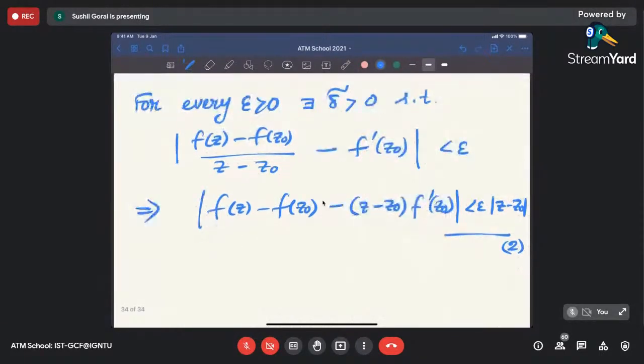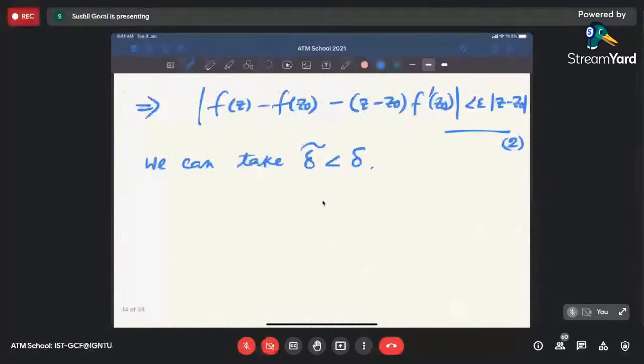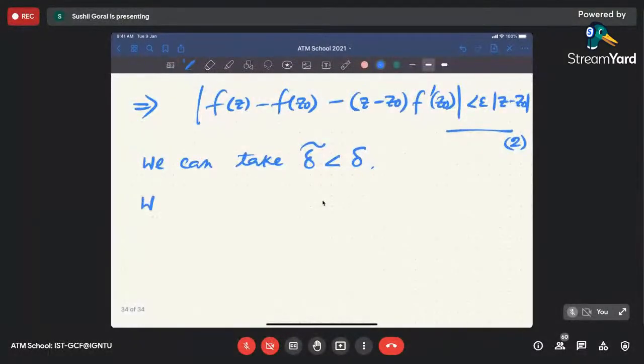And what is this delta? Such that this mod z minus z naught is less than delta tilde. So we can take delta tilde less than delta. All right. Now note a few things. We note